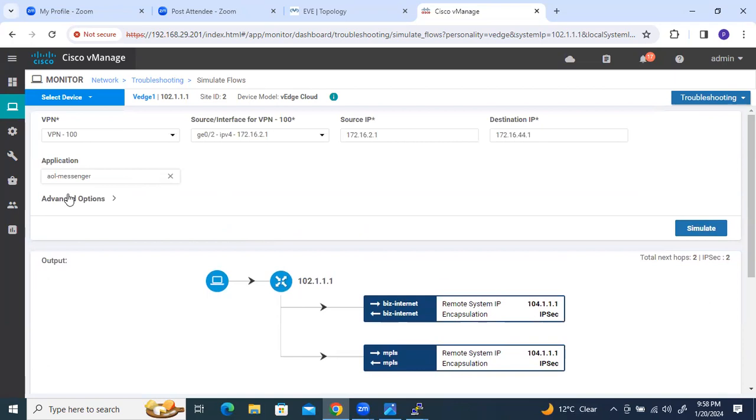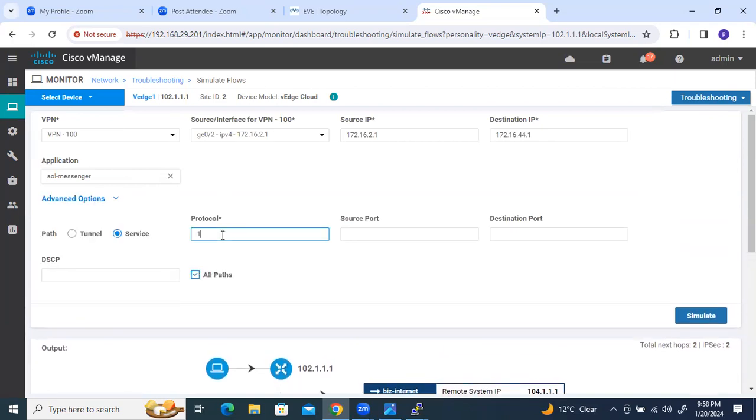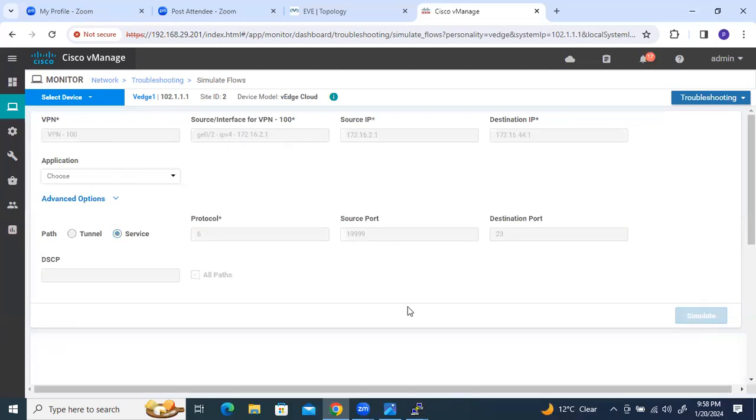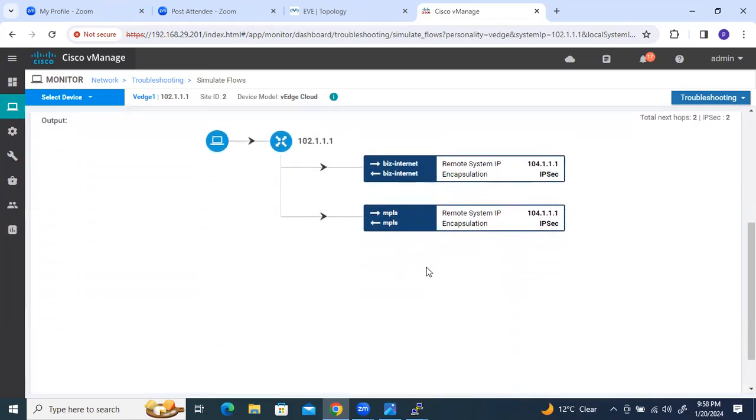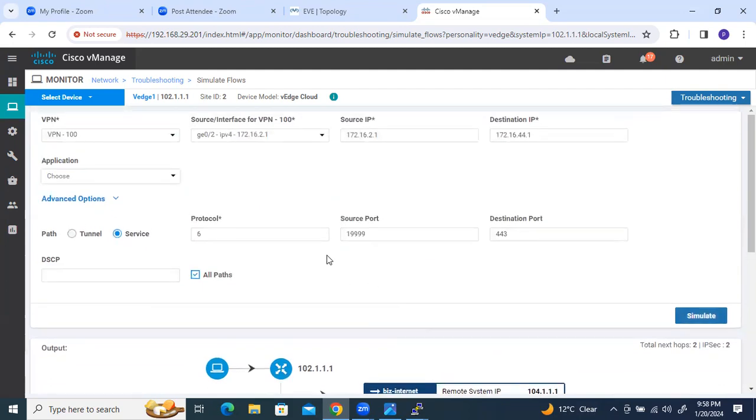If I check it for telnet, the protocol will be 6, the source port can be any random port number, and the destination port number 23. It's also doing the load balance. If I check it for port number 443, that means HTTPS, you can see here now, it is also doing the load balance. So when I discuss the policy, application aware routing,